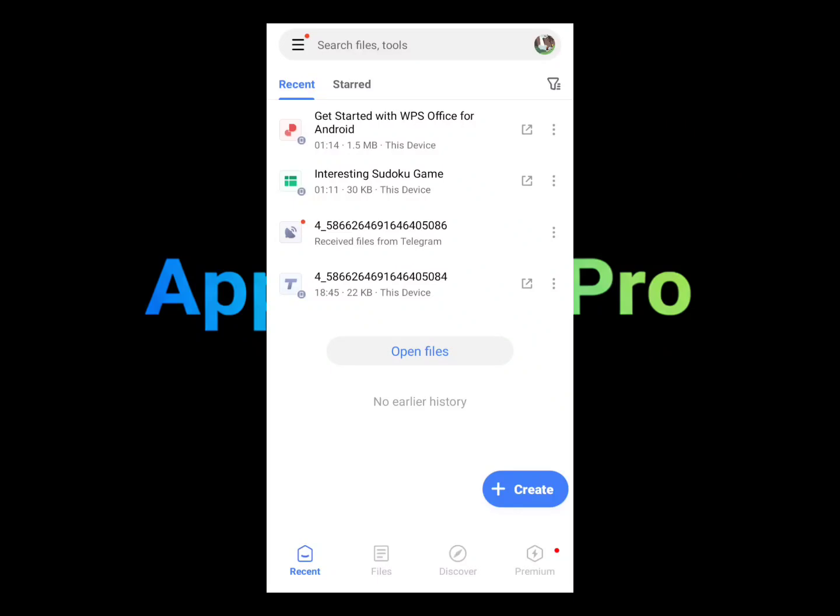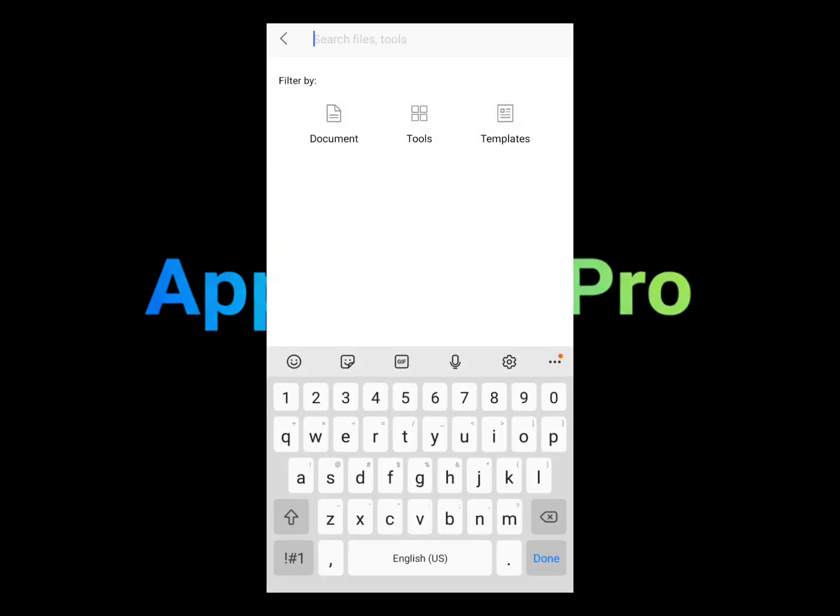The home screen of the application will pretty much scan your device for any PDF, any documents that you have on your device, and you can open any one of them using this application here. You can also go at the top here to search for the documents. As you can see here, you can pop any documents option and also other files as well, which you can